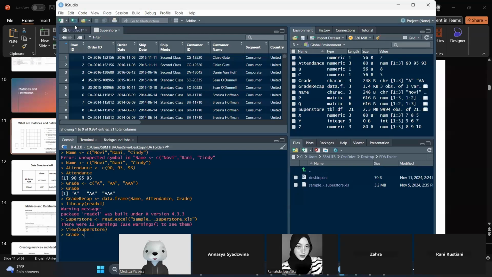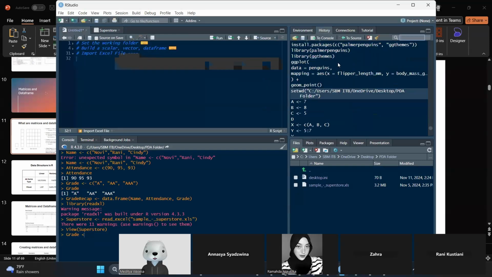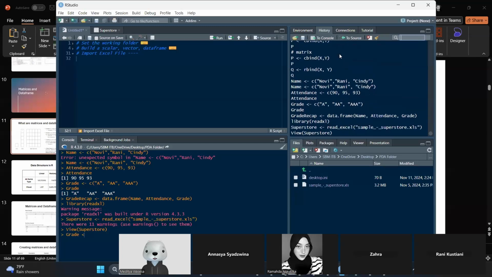So where is the code actually? When we do the user interface clicks, they are generating code. If you would like to have this in your script, you just highlight the executed code in the history, and then you send it to the console. You copy it to the console. To source, sorry.